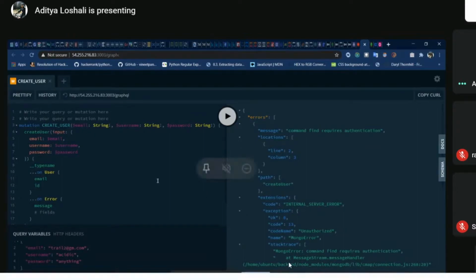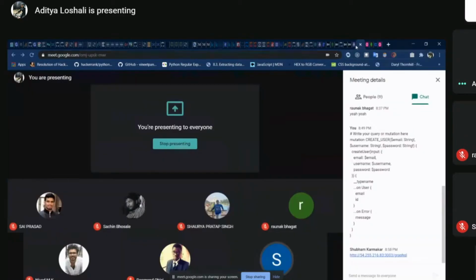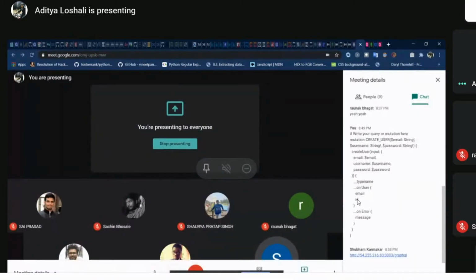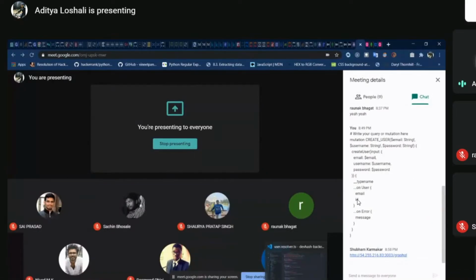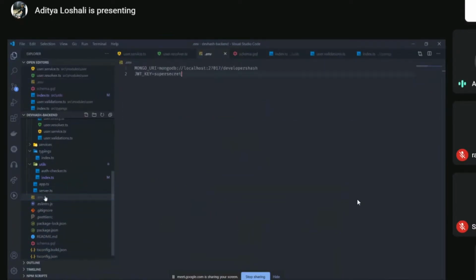Wow. Shubham, we are receiving some MongoDB error here, I think. Okay, so there is authentication on MongoDB. Okay, fine. So we need to update that. Is it a .env file? Yes, the .env file is there. Okay, fine. We'll update that. And the format is just this simple one where you provide everything in a single URI.